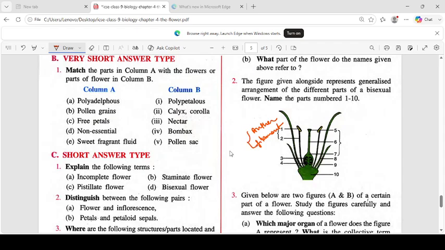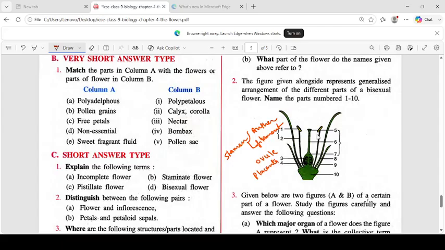Altogether, if they ask for it, that is called the stamen. Now the third is the structure present inside the ovary, and that third structure is the ovule, and the fourth is going in the center, the stalk with which it is attached. So you can write it as the